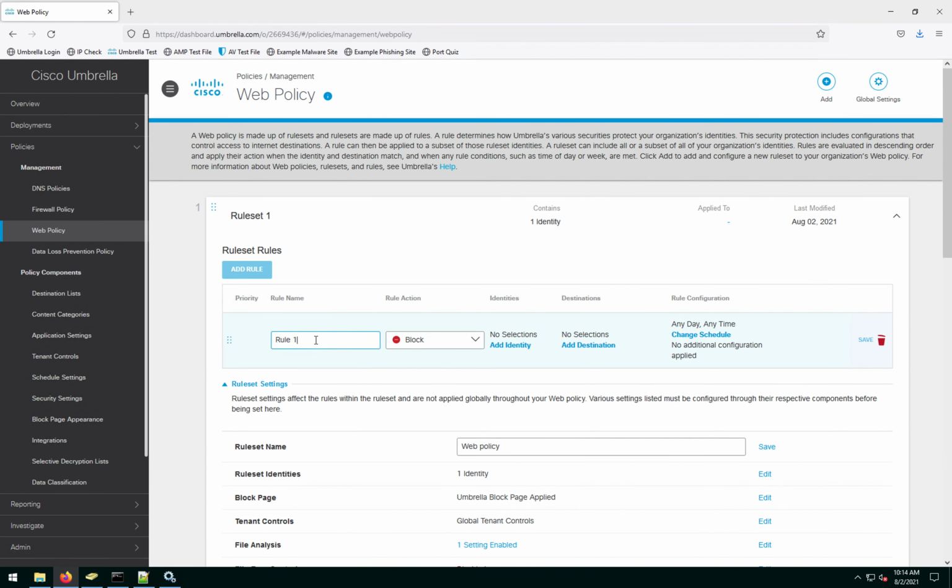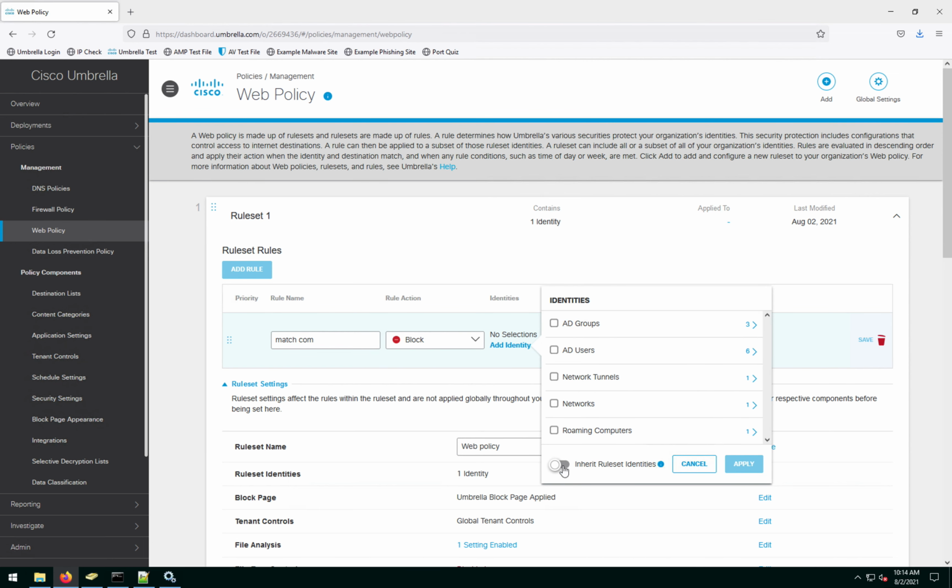So here let's add a rule, and we'll call this as what? Probably a roaming, or wait, let's probably block something, right? So we want to block, say, dating websites, and one of the common dating websites is match.com, right? So we'll call this as match.com, and we'll block it. What selections do you want? We can simply inherit